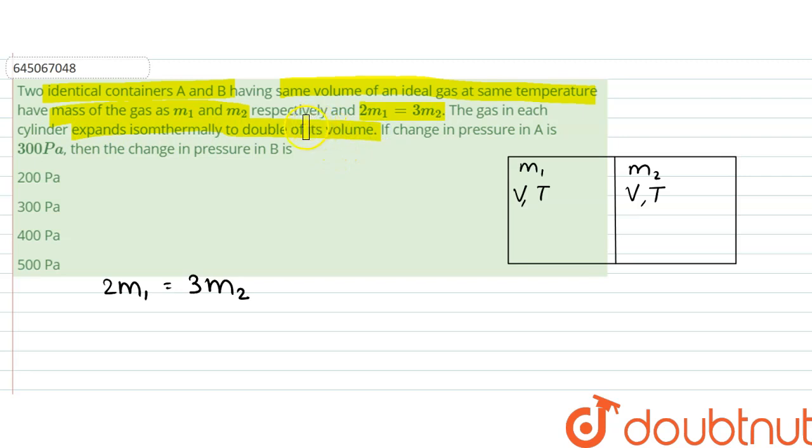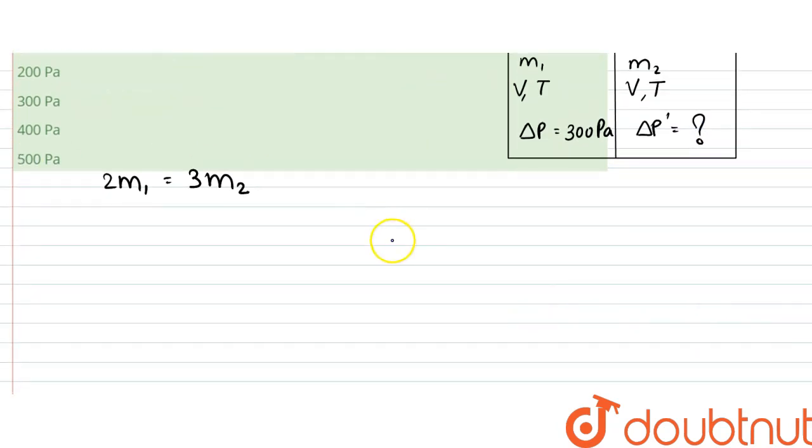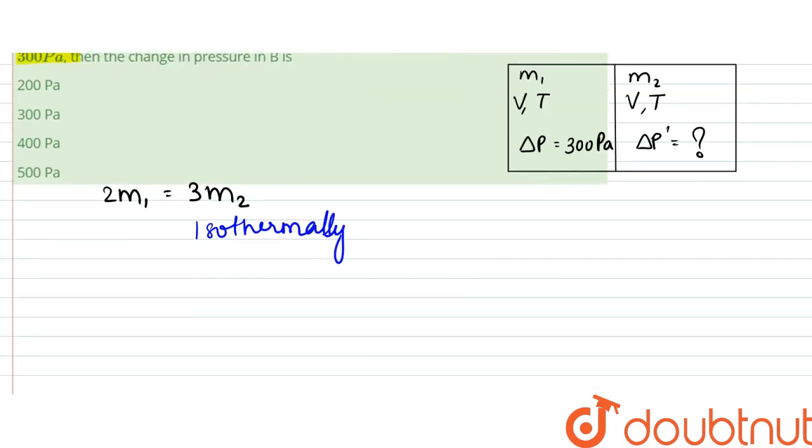The gas in each cylinder expands isothermally to double its volume. So it expands isothermally without changing its temperature. Change in pressure in A is 300 Pascal. So delta P here is 300 pascals. So delta P dash here, what would it be? Since it is changing isothermally, what we can say is that